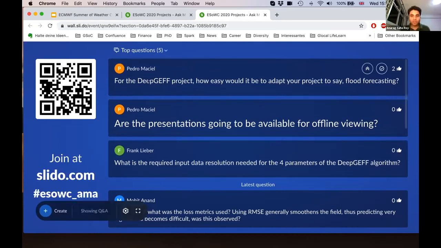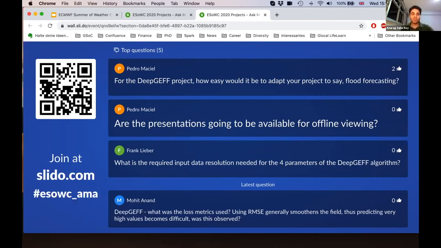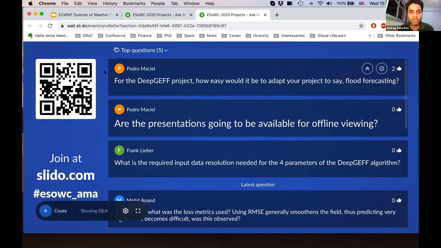Right. So for flood forecasting, what we understand, Roshni had previously worked not on flood forecasting, but on prediction of adverse weather conditions. So we were just having a discussion, and what we understand is that the 4 parameters that we use, we would need to use some other parameters as well on the input side to be able to model flood forecasting. But the machine learning architecture that we use, we do believe there have been cases where UNet has been used as a machine learning architecture for flood forecasting. So that aspect of it could possibly be very well adapted for flood forecasting. That probably answers your question, Pedro.